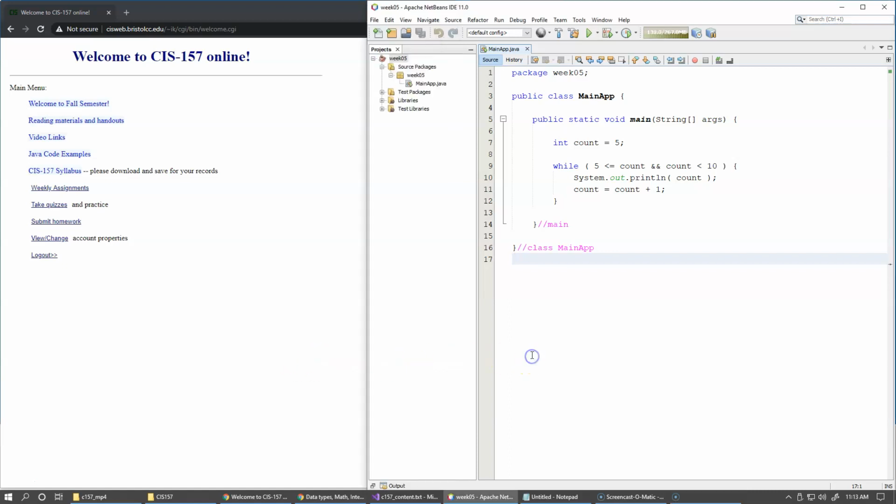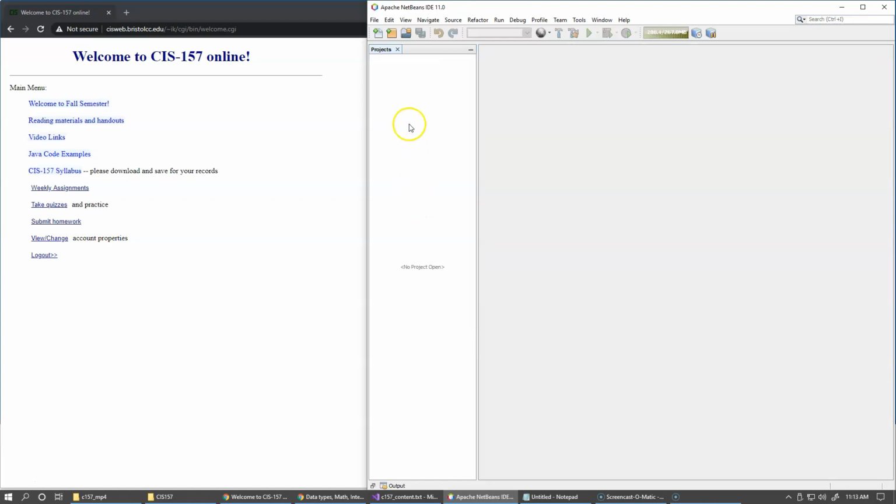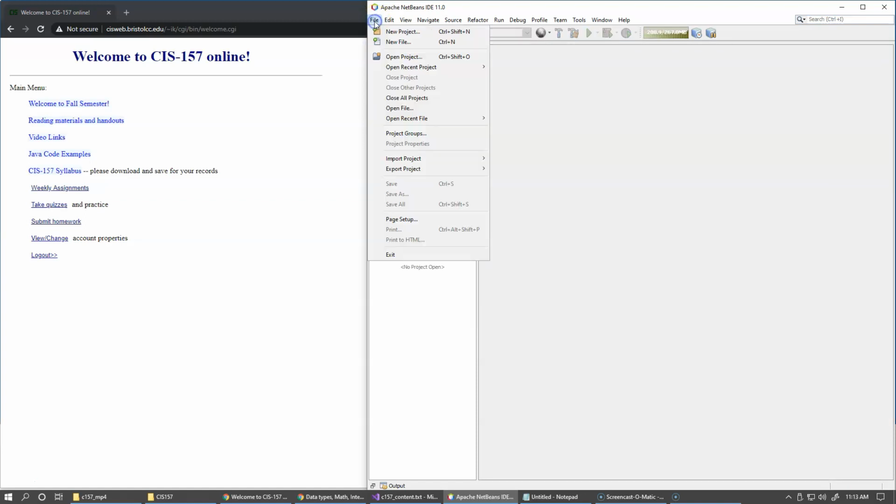Before I get started, I would like to close my previous project, and I also strongly recommend that you do the same before you begin your new project. Just right click and close in NetBeans. And so now I'm ready to say file, new project,